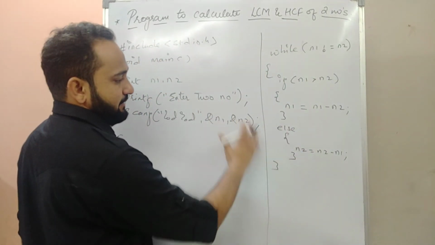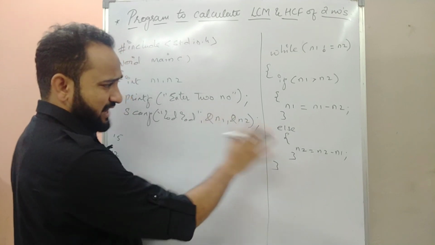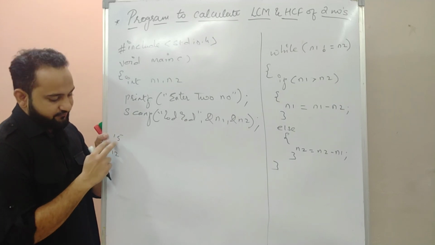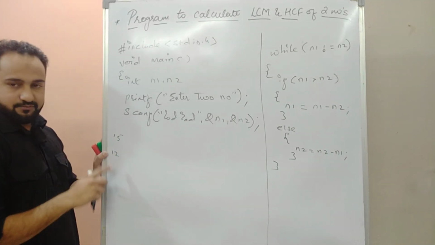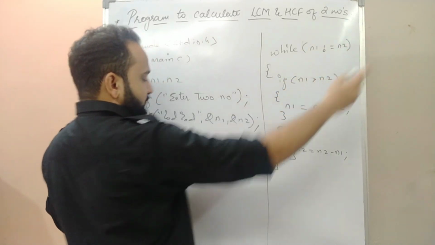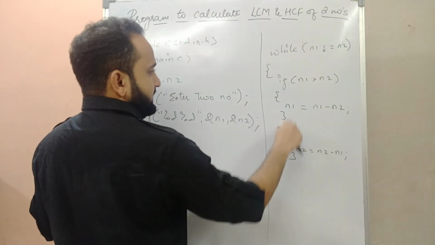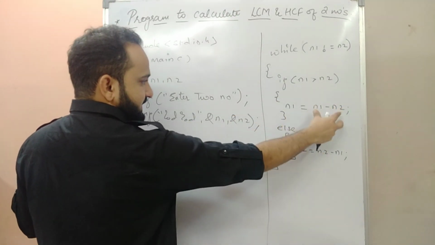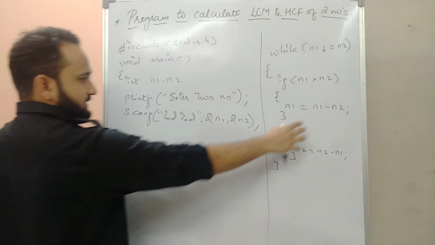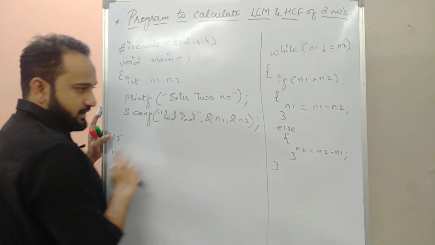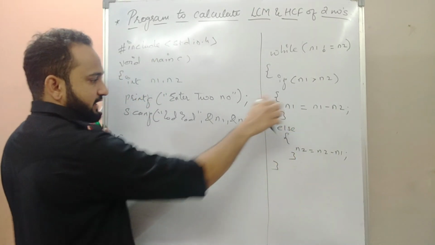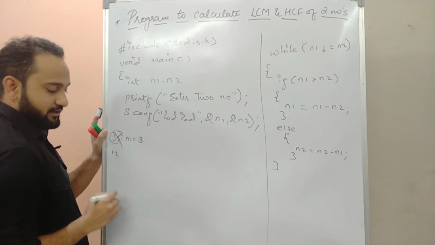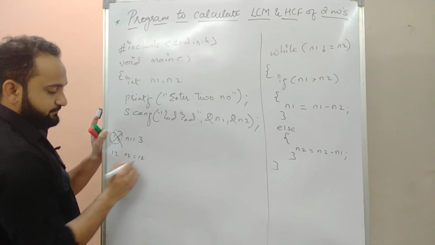So let's see now. Let's dry run it quickly. For example, if I got the values of n1 and n2 as 15 and 12. n1 is 15, n2 is 12. n1 is not equal to n2, of course 15 is not equal to 12, so it will go inside. Is 15 greater than 12? Yes, it will go inside. It will perform 15 minus 12, right? That is 3. It will get stored into n1. I will lose this n1. The new value of n1 is now 3. n2 is still 12. I hope you're getting it.